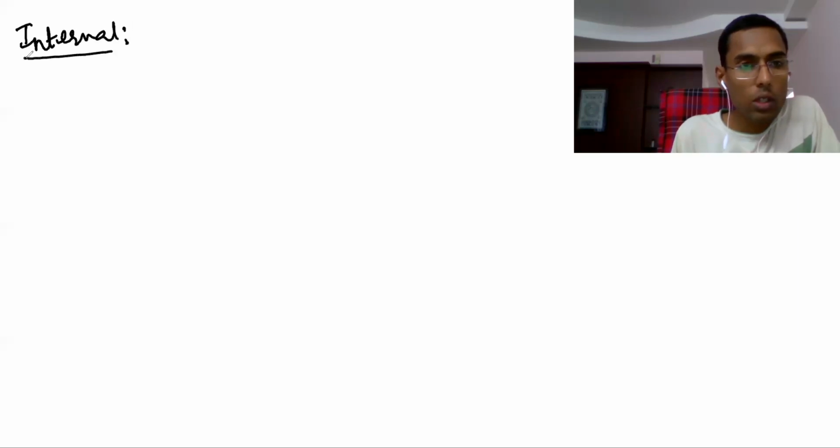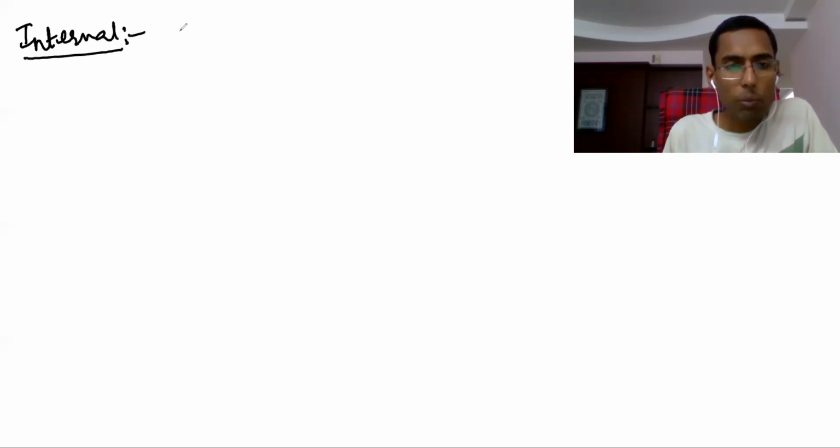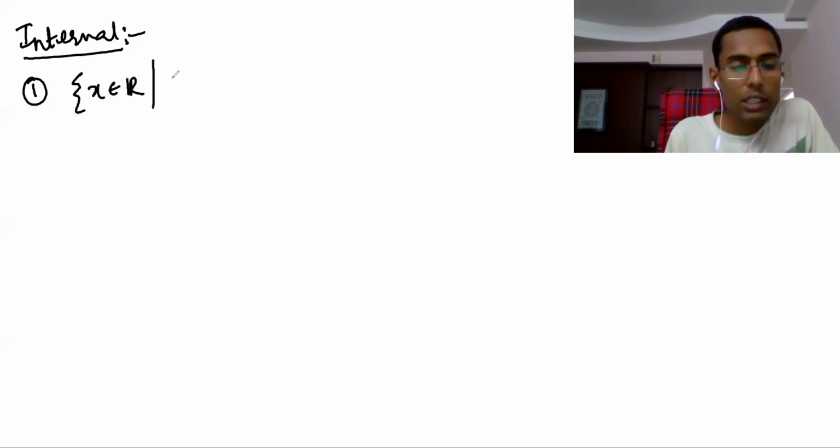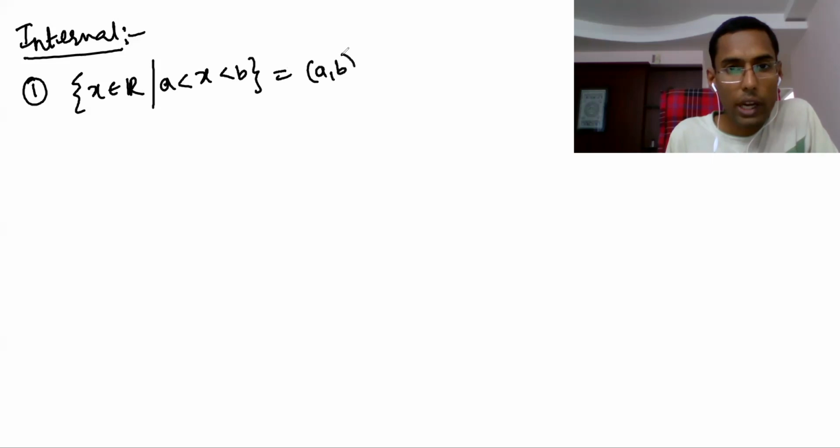Okay, interval. What I told is that an interval is a subset of real numbers, where we have to take all the numbers from one number to another number. Now I am writing the first subset. The first interval is x is a real number such that x lies between a and b. That means, as I told, the open interval a comma b, we write this one.